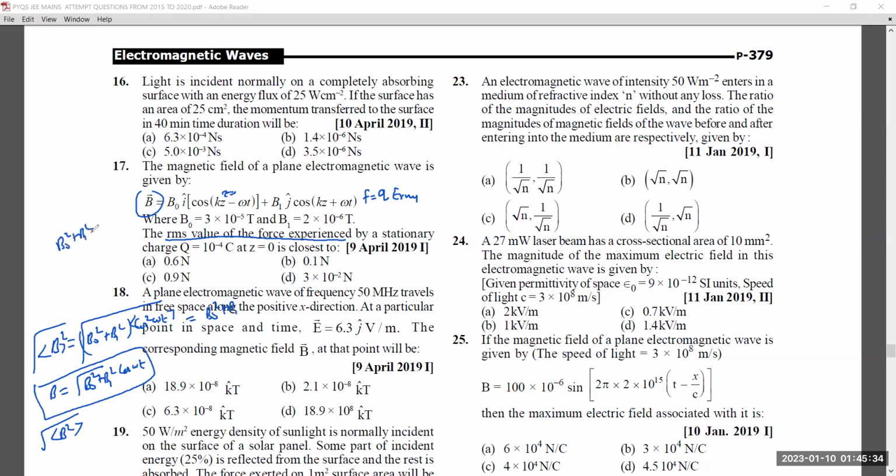Sir, but can we directly apply the functions on the magnetic field? Yes. So this is the B RMS, right? So what is the E RMS? C times B RMS. And the force is Q into E RMS. So I think the answer should be